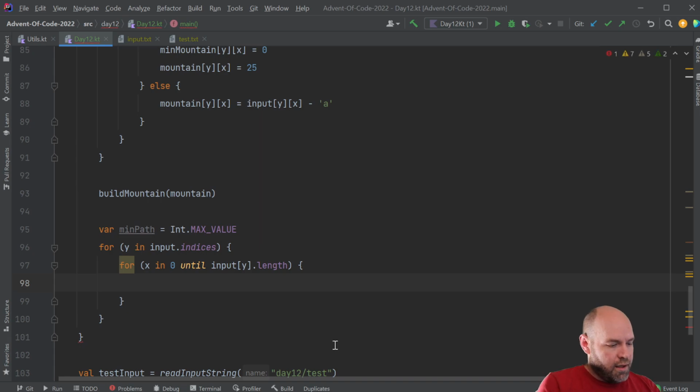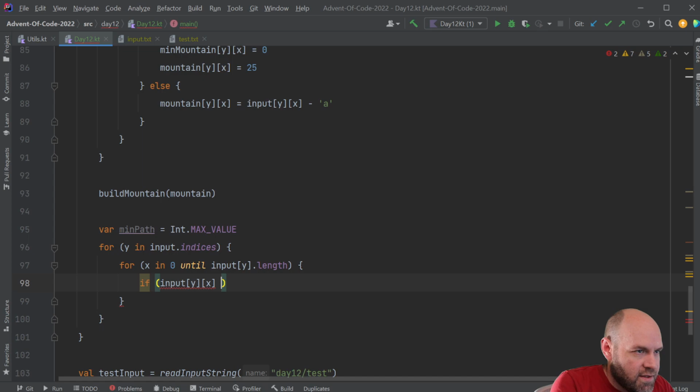And if input y of x is equal to a lowercase a, or if input y of x is equal to an uppercase S for the start position, as it's also an A,